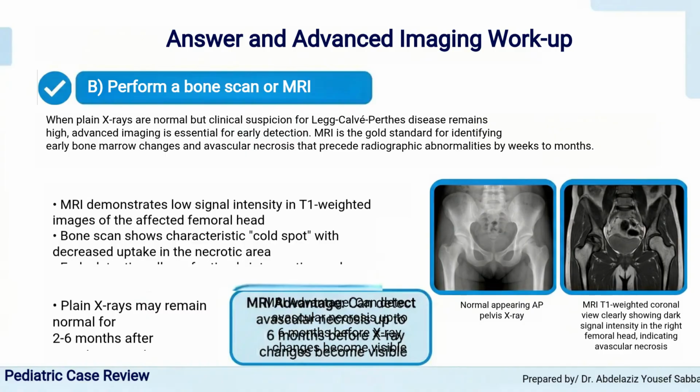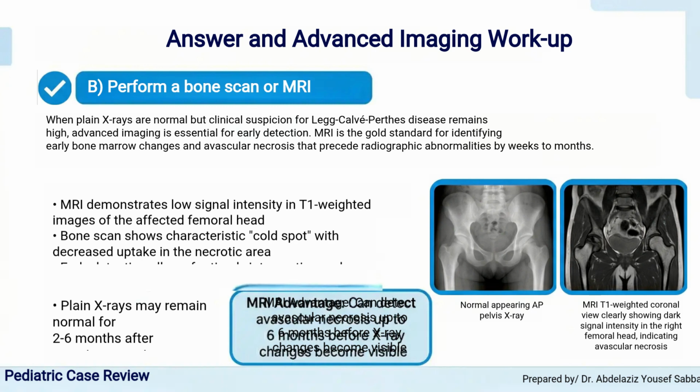The correct answer is option B. Perform a bone scan or magnetic resonance imaging. When plain X-rays are normal but clinical suspicion for Legg-Calvé-Perthes disease remains high, advanced imaging is essential for early detection. Magnetic resonance imaging is the gold standard for identifying early bone marrow changes and avascular necrosis that precede radiographic abnormalities